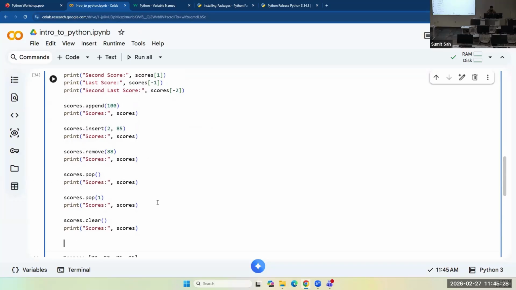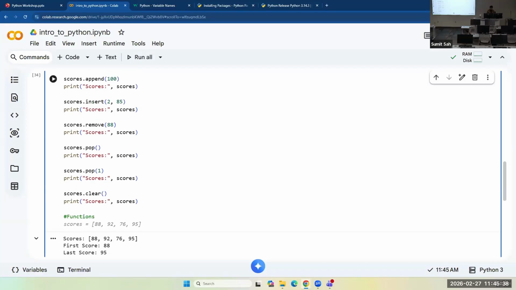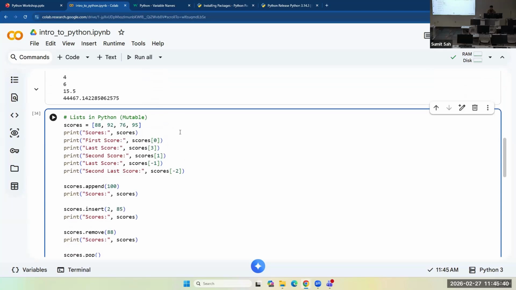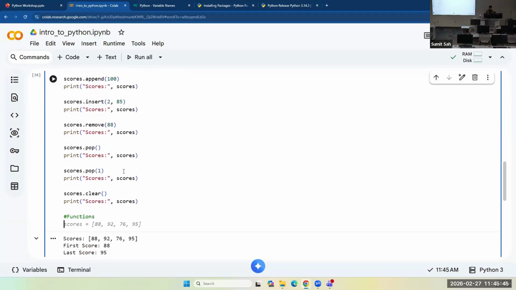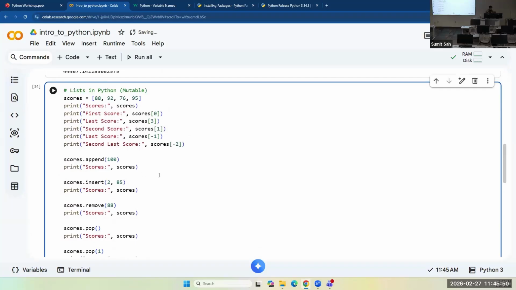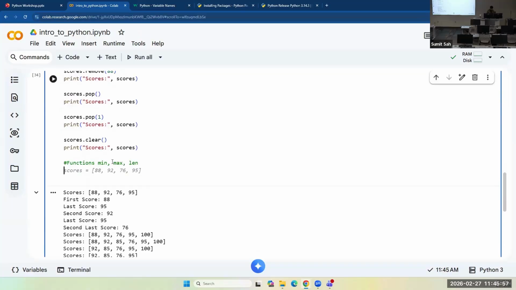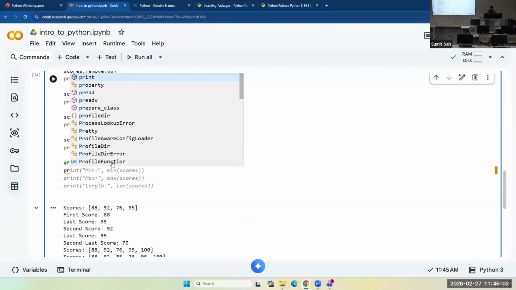And in lists, there are also functions that you can use to find, let's say, the maximum, the minimum, or the length of the list. You can use functions like min, max, and len. Let's say I say print min, max.